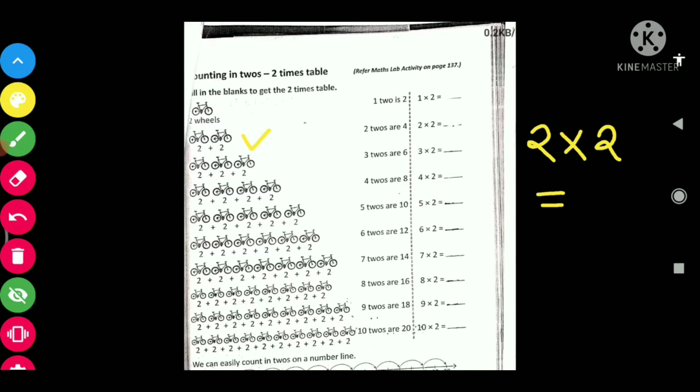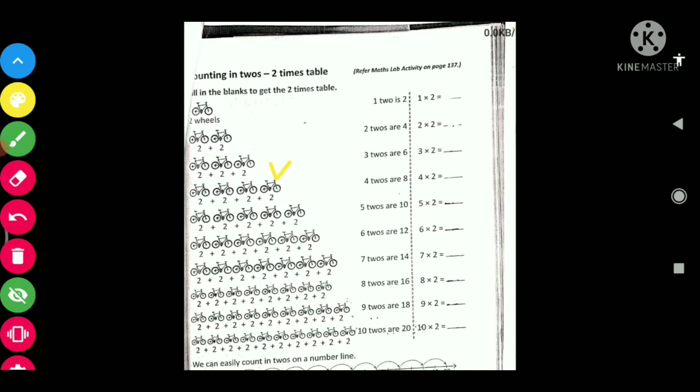So 1, 2, 3 and 4 wheels are there, right? So we'll write 4 here. So 2 twos are 4. Okay, 1 two is 2. 2 twos are 4.